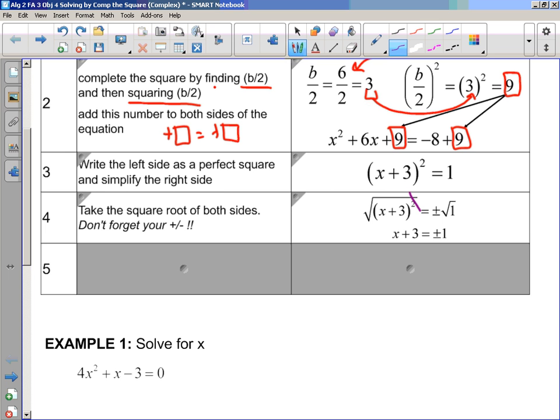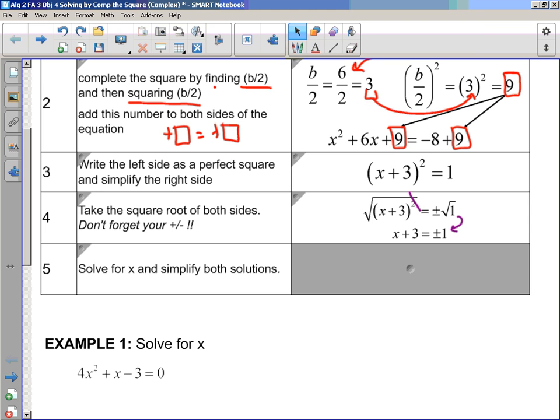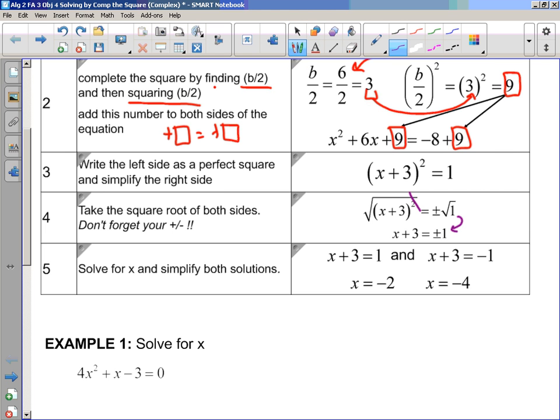Okay, there we go. And then the square root of 1 is just 1, and we've got our plus and minus there. Then we're just going to solve for x and get our two cases. So with this work, I'd have x plus 3 equals positive 1, and x plus 3 equals negative 1. Solve for x, get my two solutions. Now these solutions ended up being nice integers, but we oftentimes see fractions or ones that still have square roots, and we'll see some of that in our examples, but I just wanted to remind you what the process was